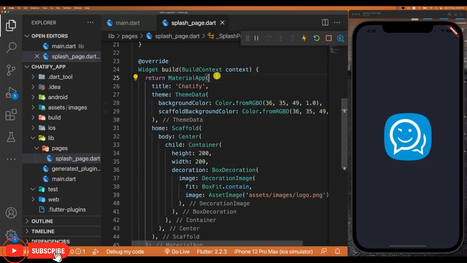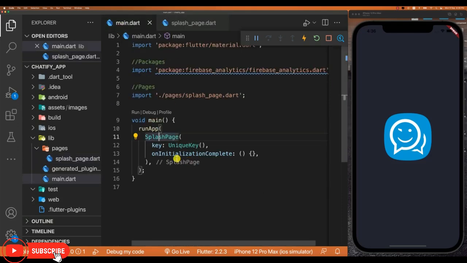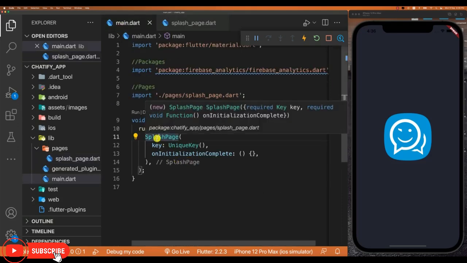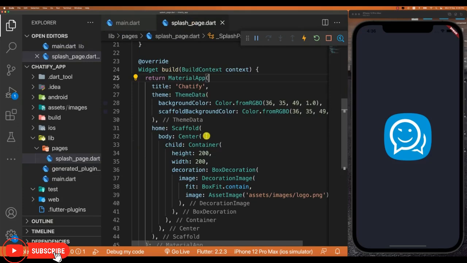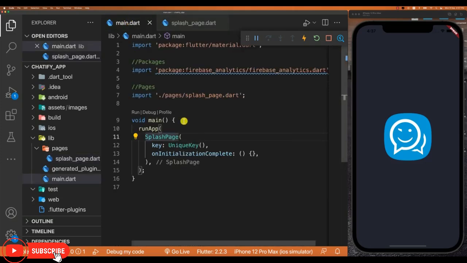And as you can see, once our application spins up, we run the splash page. Once the splash page spins up, we are going to call a function which is going to be responsible for doing all of our initialization. And once that initialization is complete, we're going to call the function that gets passed into us for the onInitializationComplete function. And inside of this function, when it's called,